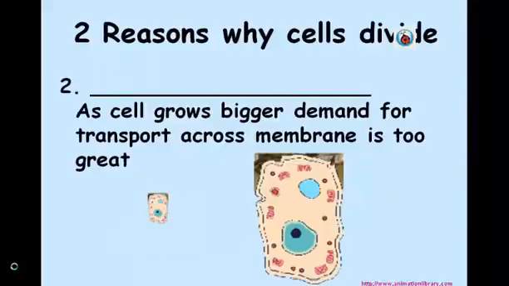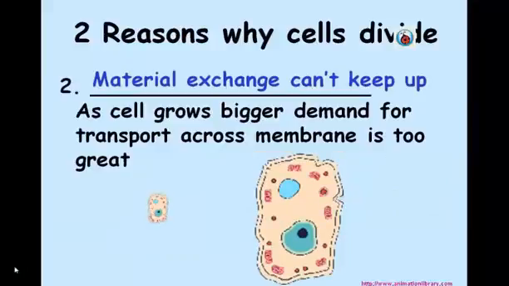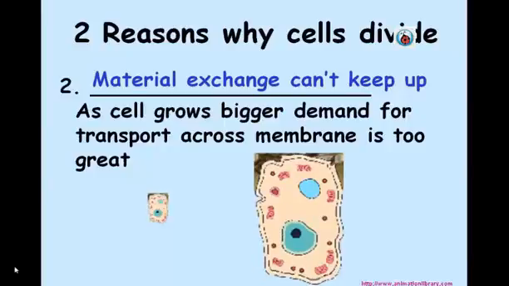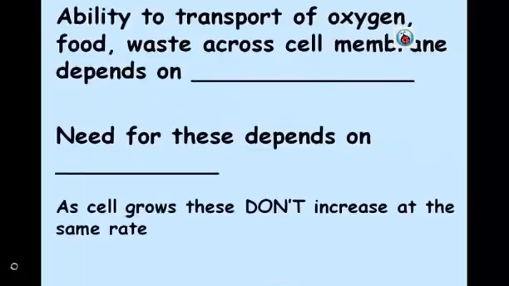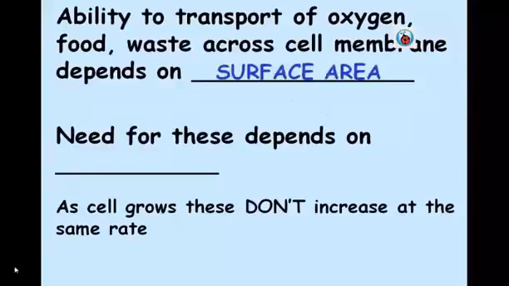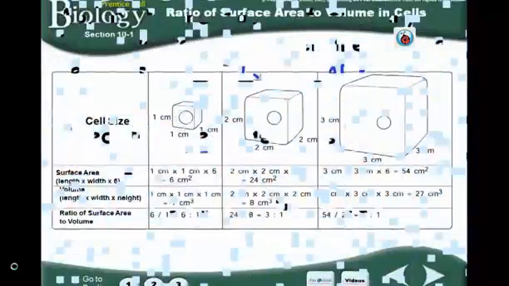Another reason why is the material exchange can't keep up. So as a cell grows bigger, demand for transport across the membrane is too great. The ability to transport oxygen, food, waste across the membrane depends on the surface area. So it depends on how large the cell membrane is. The need for these things depends on the amount of organelles and stuff that we have inside. So that's going to be the cell volume. So as a cell grows, these don't increase at the same rate,